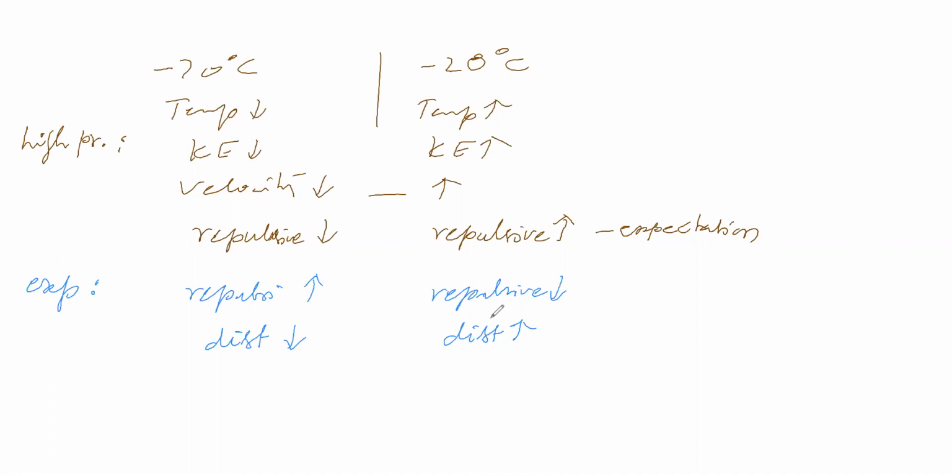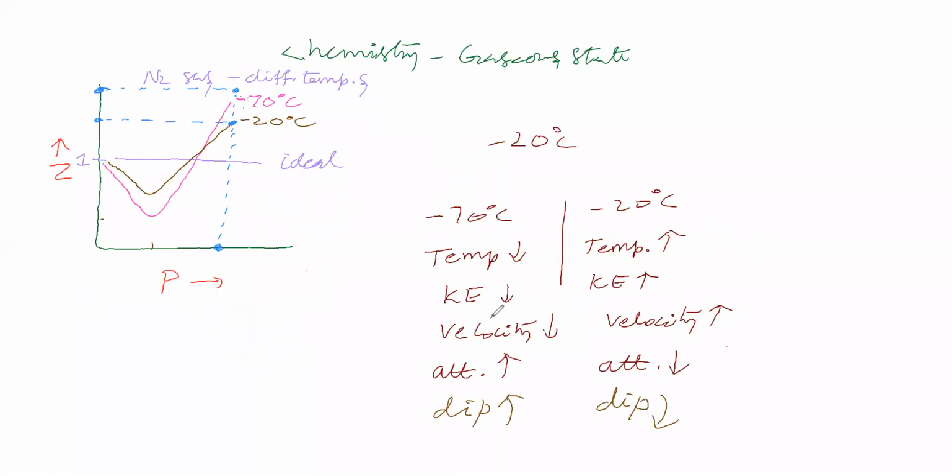Whatever the thing, we have to see the experimental fact. Based on the experimental fact we have to give a suitable explanation. We should not give an explanation by our own expectation. We can expect whether it is correct or wrong, but we have to check with the experiment, and then only conclude. Now, at minus 20 degrees Celsius we got the graph like this.